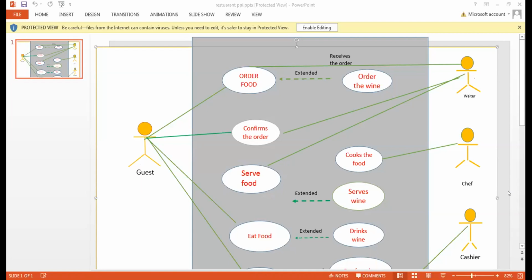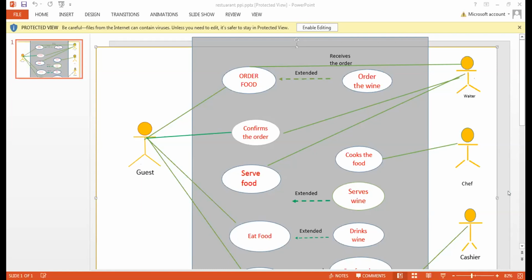Means guest orders food, orders wine. Extend means along with food, whether he ordered wine or not. It's his option, right? Then he confirms the order with the waiter. Okay. So after the waiter confirms, he serves the food. And whether the waiter tells the chef or not, that's an internal problem. Or they can show that the waiter tells the chef to cook the food, then the chef cooks the food, and then the waiter serves the food, then serves the wine. After the food or along with it he gives the wine. Sometimes wine comes first, sometimes later, depending on the country, region and everything. So we can live with that. And then we eat food, we drink wine, right?